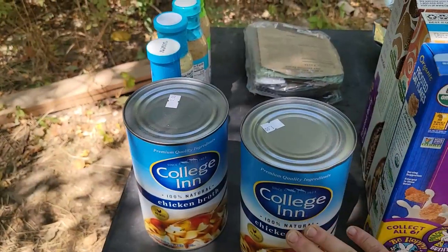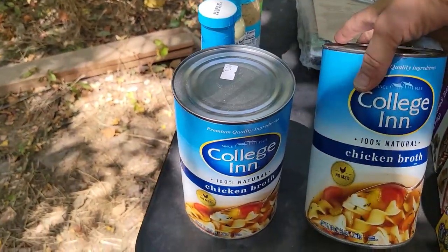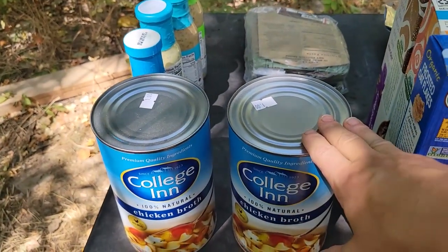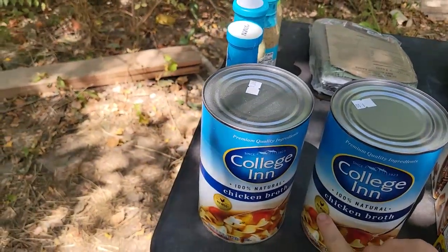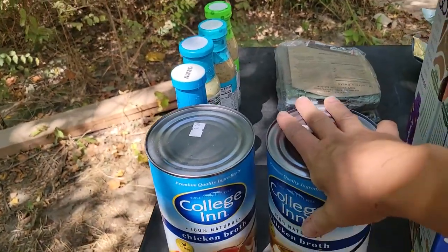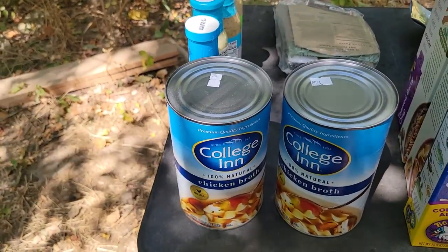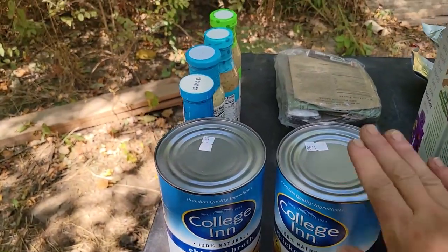I have never heard of this brand. I've never seen this before, but it was $1 for this 48 ounce can of chicken broth, and I bought 3, and I already have one open in my fridge because I used it, but it is no MSG. And in a pinch, this will keep for a very long time. In case I can't afford to buy chicken broth, or if I can't make chicken broth, I will have some. I've been making my chicken broth lately, but if I can't do that,